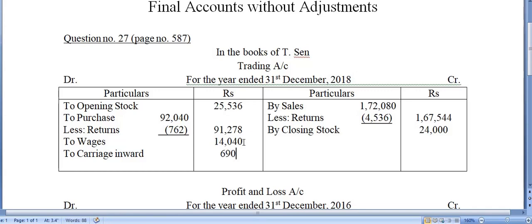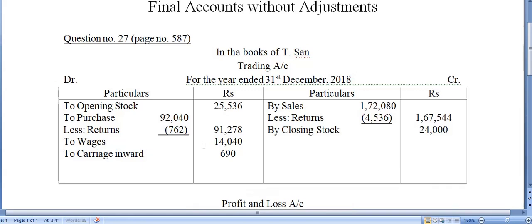690. Carriage inward. Electricity, rent and rates, miscellaneous expenses, salaries, drawings, office expenses, freehold premises, depreciation, interest receipt. Finished. So you need to identify which of these are direct expenditures. I will not give you any kind of list because I don't want you to learn these items, but know the definition properly so that just by looking at the item you can identify whether it is direct or indirect,